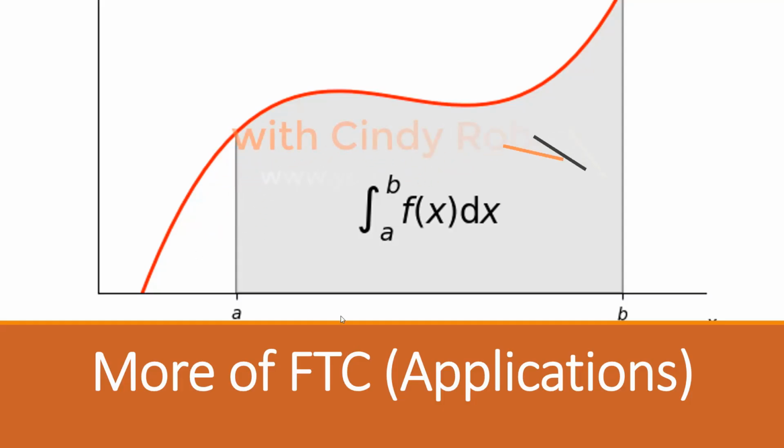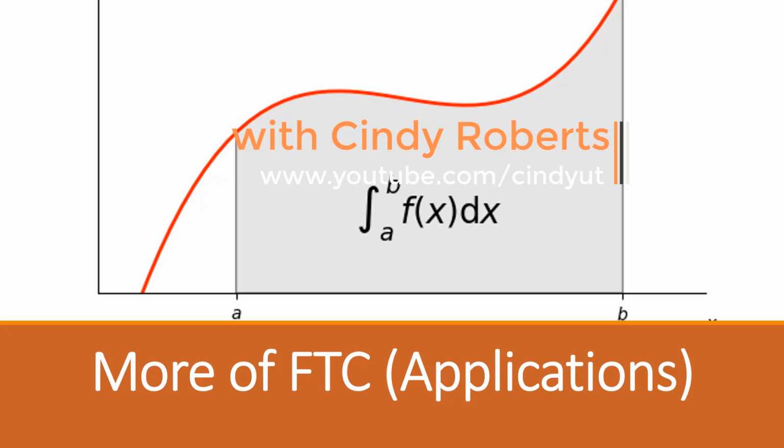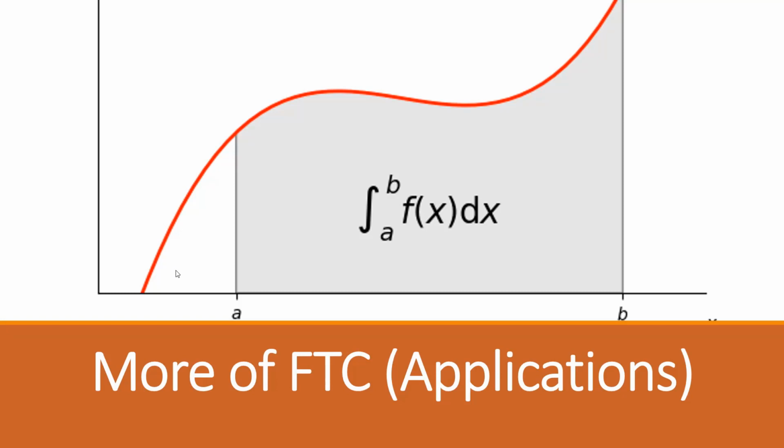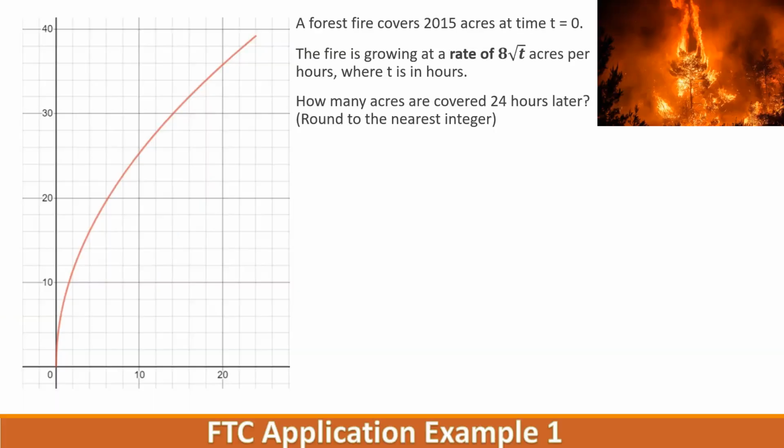Let's look at more on this fundamental theorem of calculus, but see how it can actually be applied. How could we actually use this, given a rate, to find the area underneath it? All right, so the first example says a forest fire covers 2015 acres at time t equals 0. So at the very start of time, the forest fire has already covered 2015 acres. All right, the fire is growing at a rate of, and this is the important part,